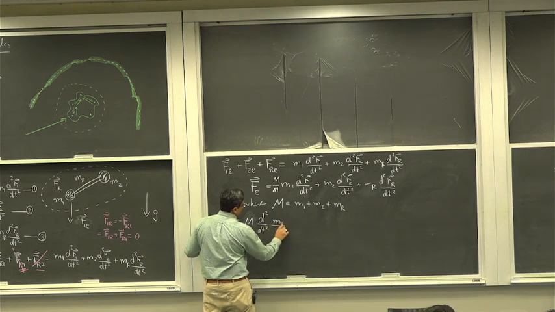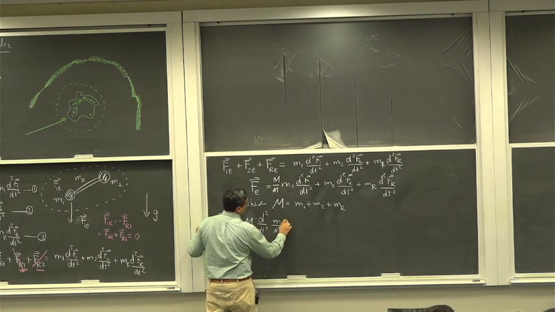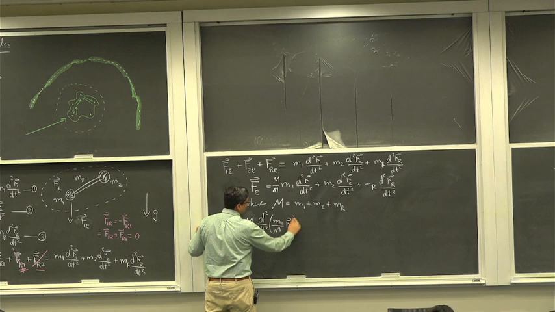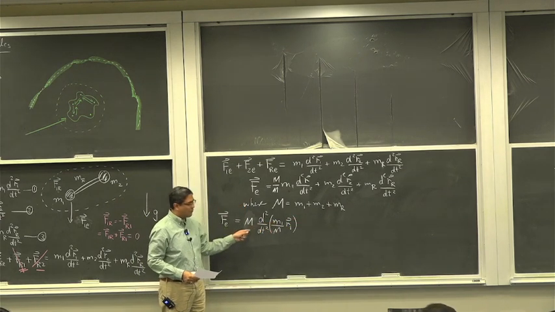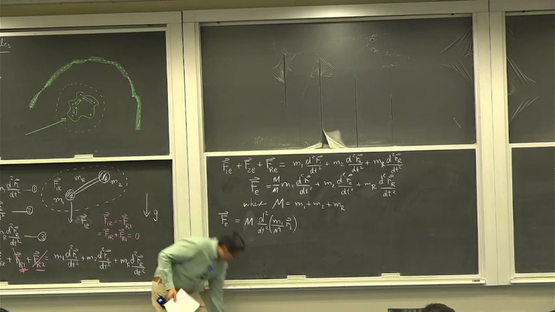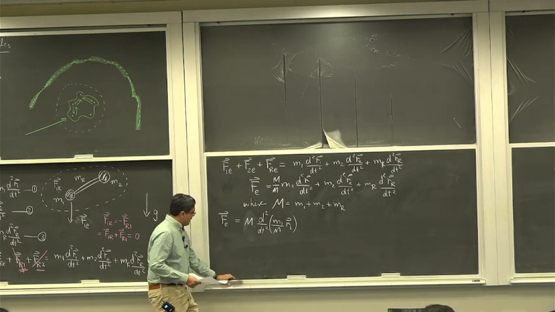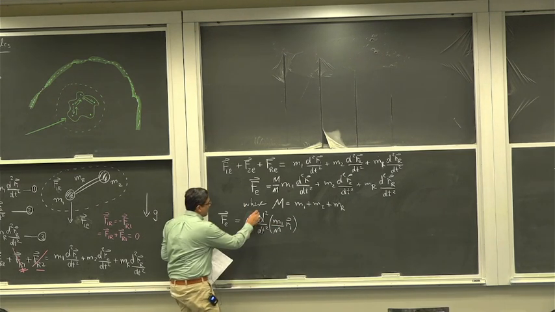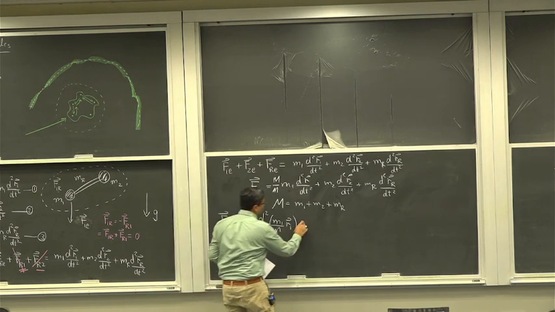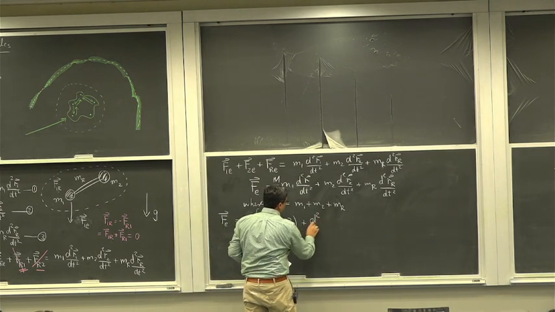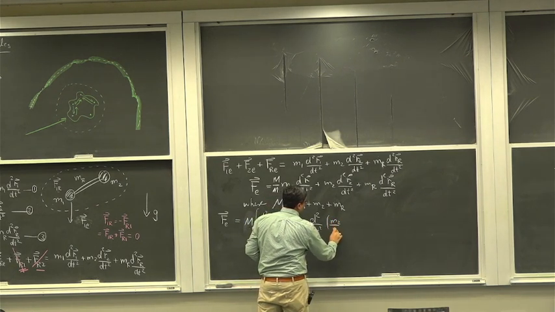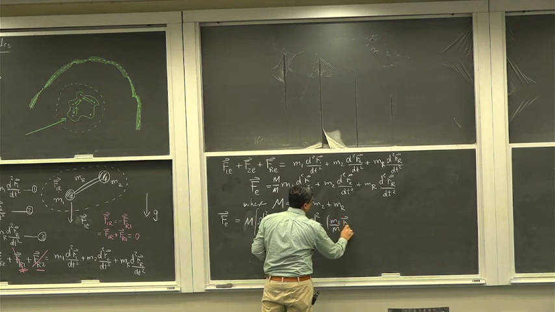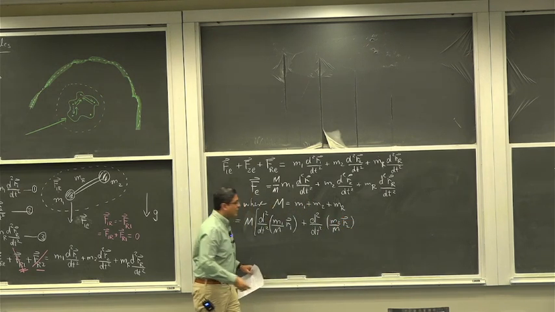M1 over M R1. This is all right, right? So once you take the derivative, M1 over M would come outside, and this M is multiplied to the whole thing. d squared over dt squared of M2 over M R2. Okay. Similarly,